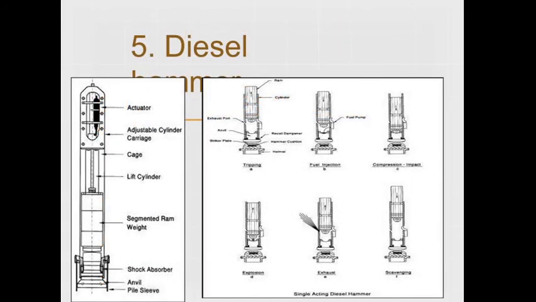So this is the differential acting hammer, and the next one is the diesel hammer. This type of hammer does not require any external power source like steam or compressor. These forms of energy are delivered by this hammer to the pile for driving it: the force of air compressed by descending pistons, the impact of the pistons, and the force of fuel in the combustion chamber. So this is the diesel acting hammer.